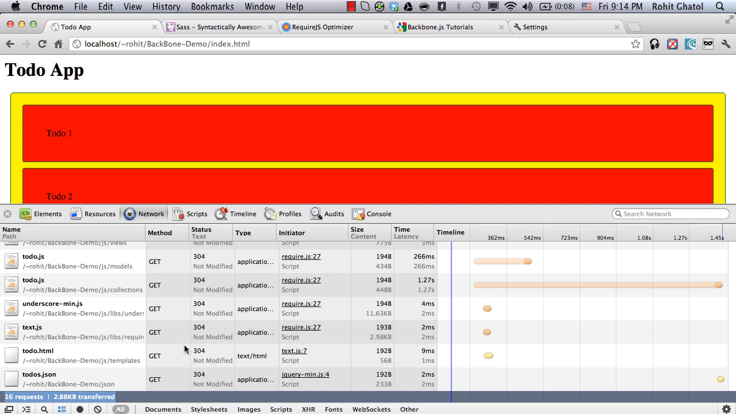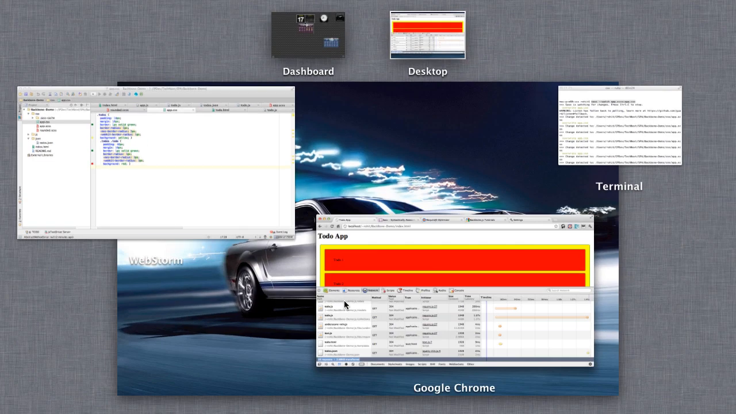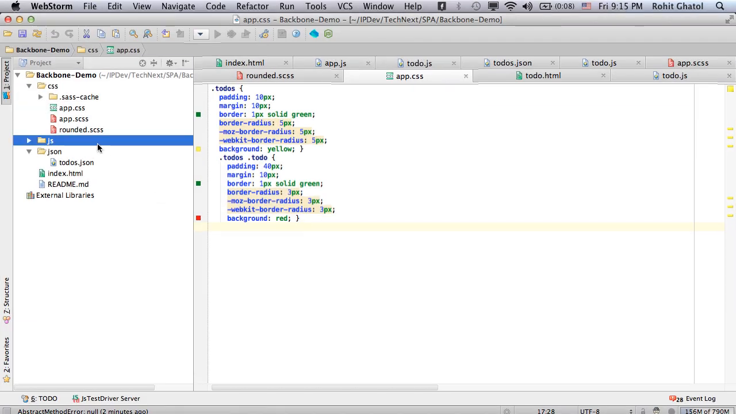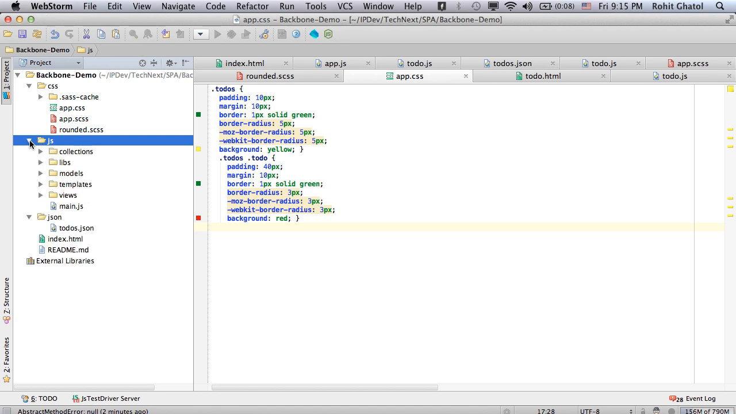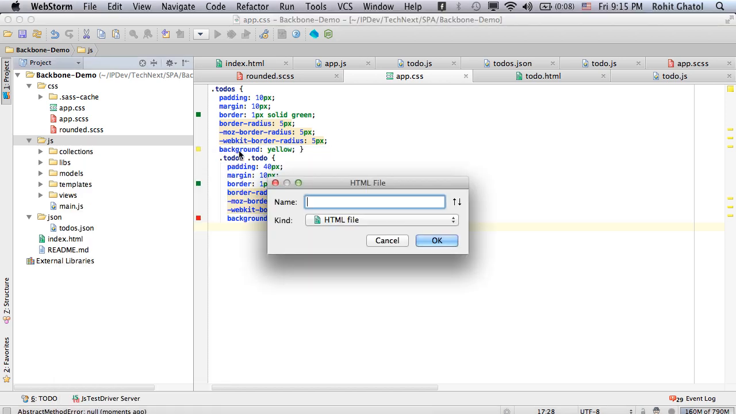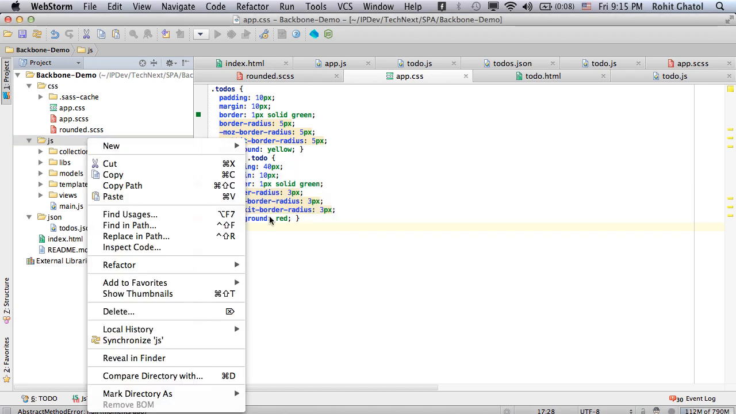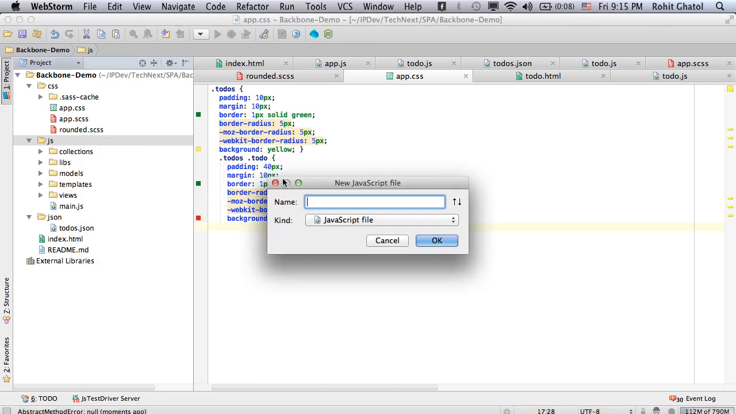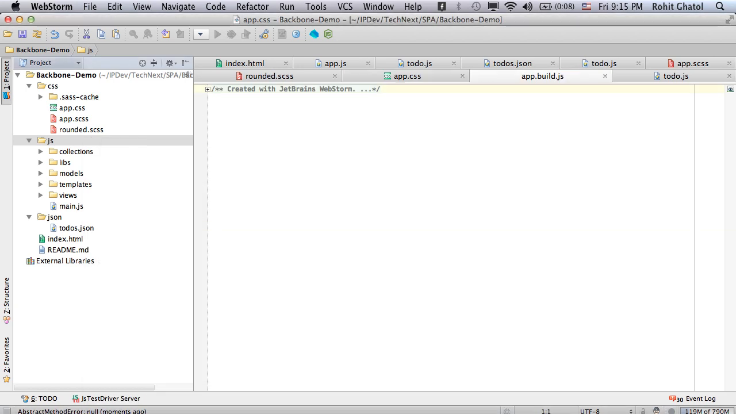So what you do actually is, first of all, you go into your JS directory and you create a file called app.build.js. This is the file. Here we'll declare things in the